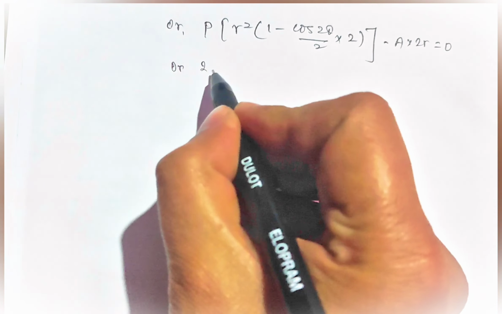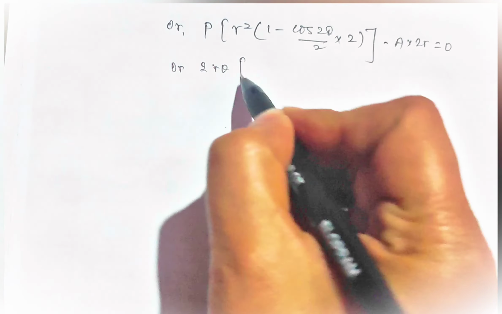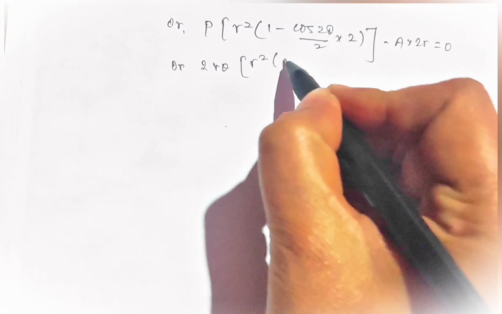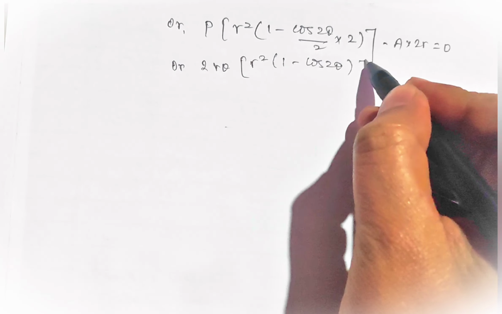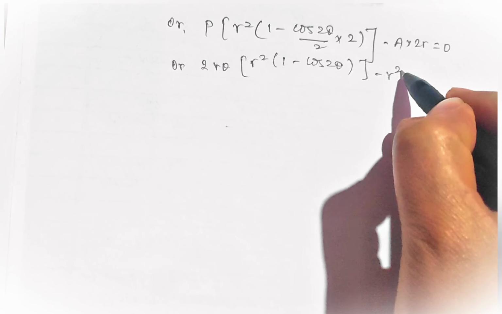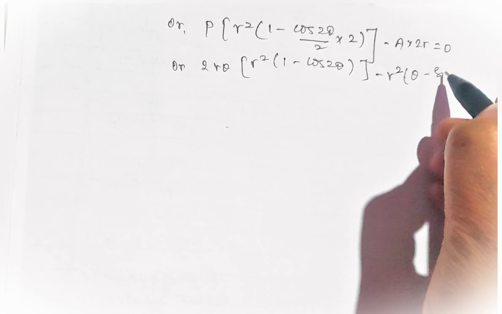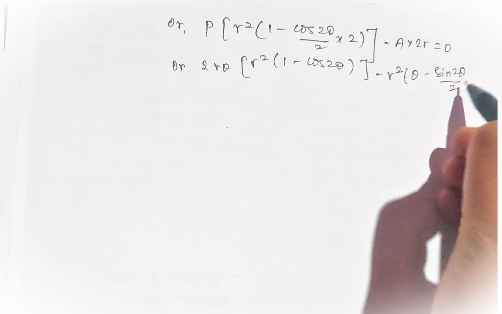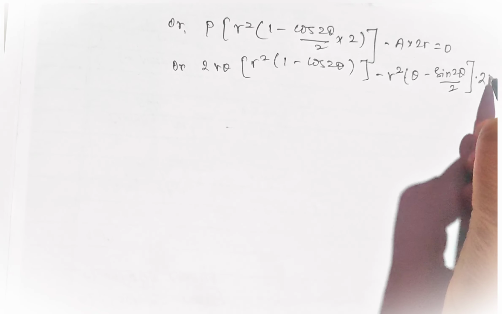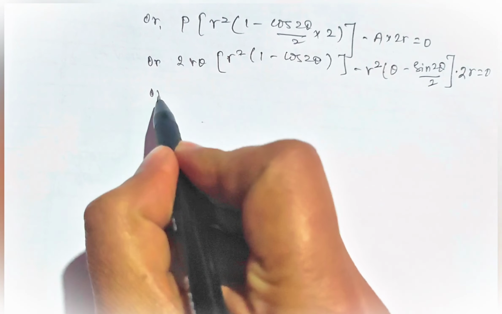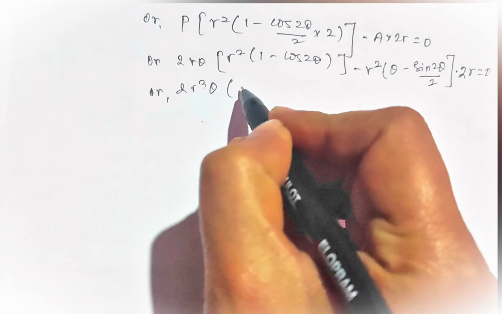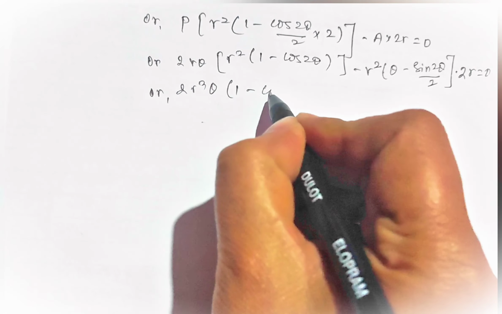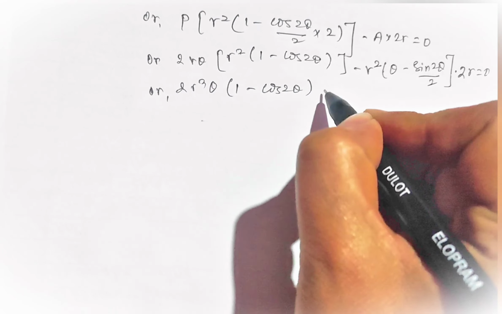As we have already calculated, the value of P equals 2r theta, times r square times 1 minus cos 2 theta, minus r square times theta minus sine 2 theta divided by 2, times 2r equals 0. That is 2r cube theta times 1 minus cos 2 theta minus